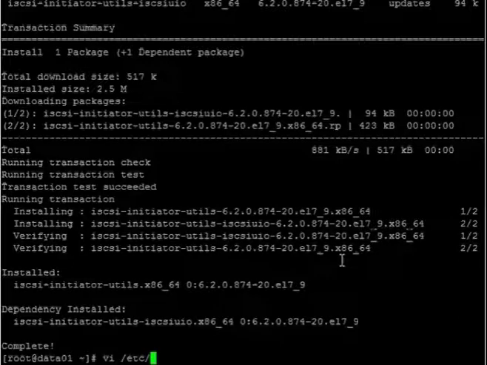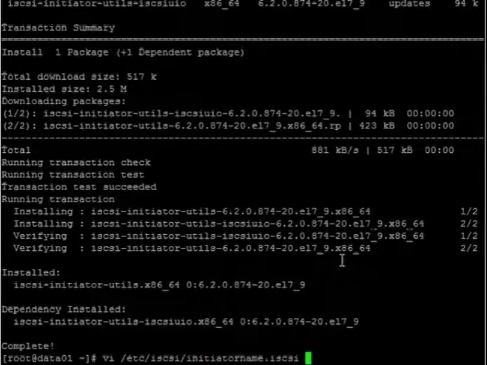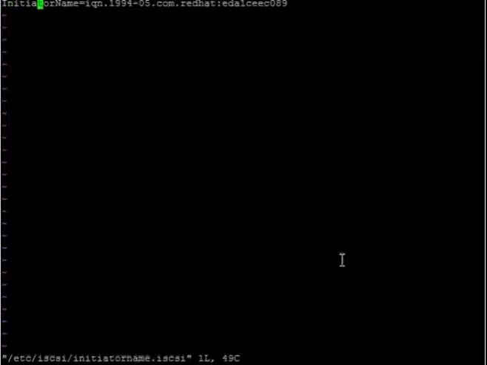Now we have to change the iSCSI initiator name. Here we have to give the same name which we had allowed in ACL.